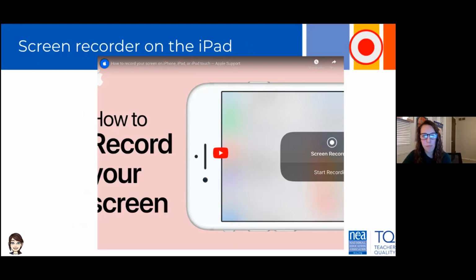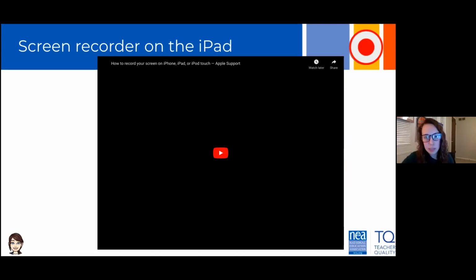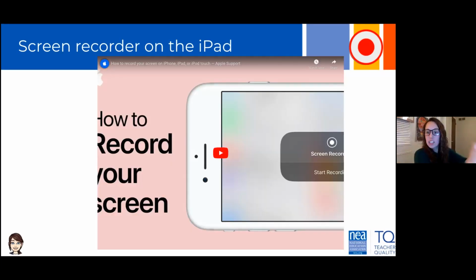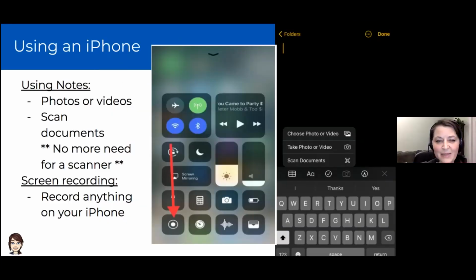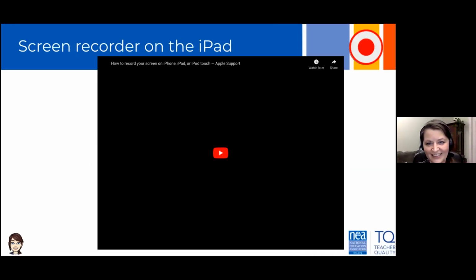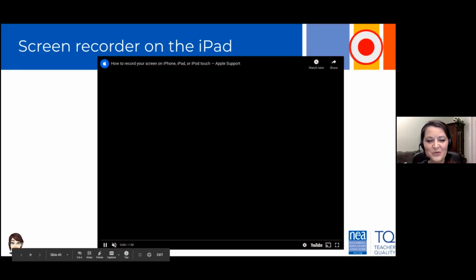This is wonderful. This is right from Apple, and it's how to record your screen on your phone or your iPad or your iPod Touch, even if you have one of those. And it's so easy to download. The first time we did this presentation, I downloaded it as she was showing this video. I'm like, this is so great. Oh, for heaven's sakes, play. Come on. There it goes.